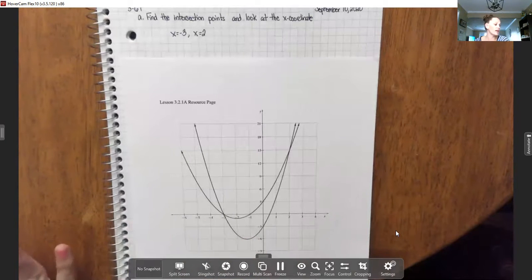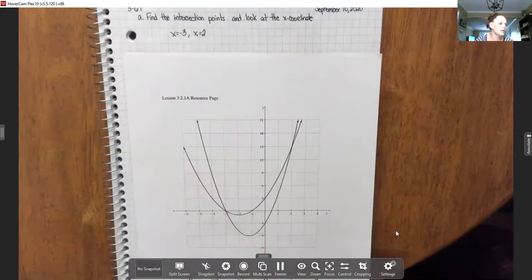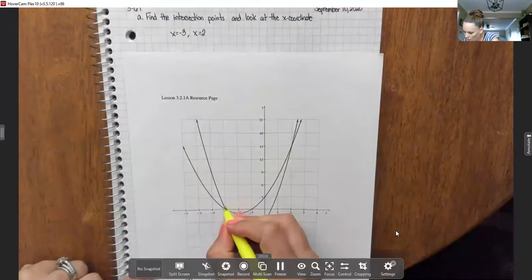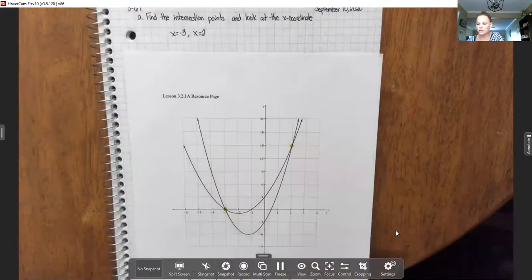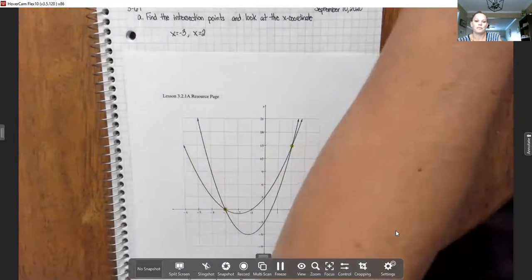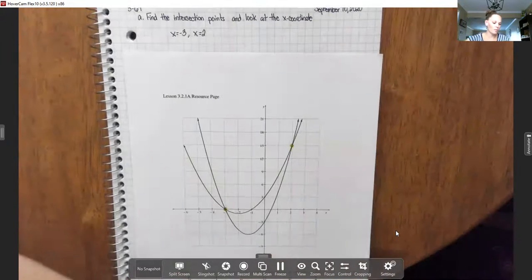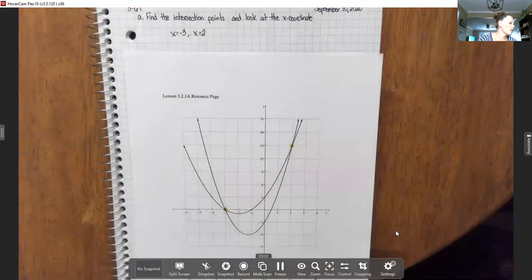So if you are going to sketch it in your notebook, you're going to want to go ahead and do that now. Make sure you label these important points. So we can see those are the two intersection points. So for part B, it says to use the resource page, label each graph with its equation and highlight each